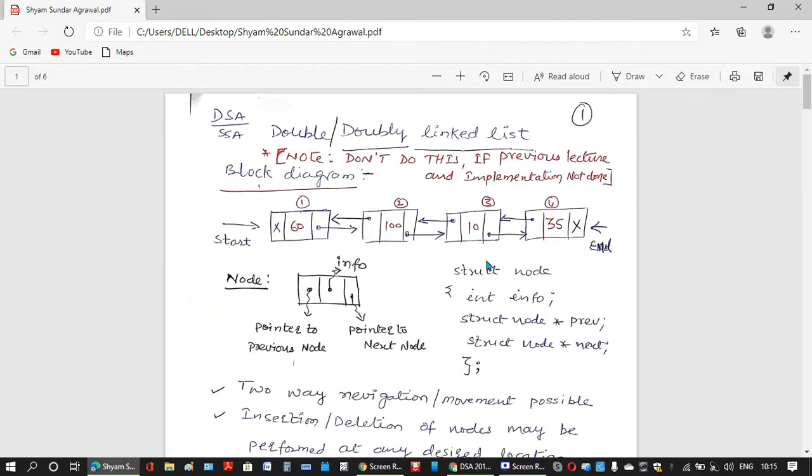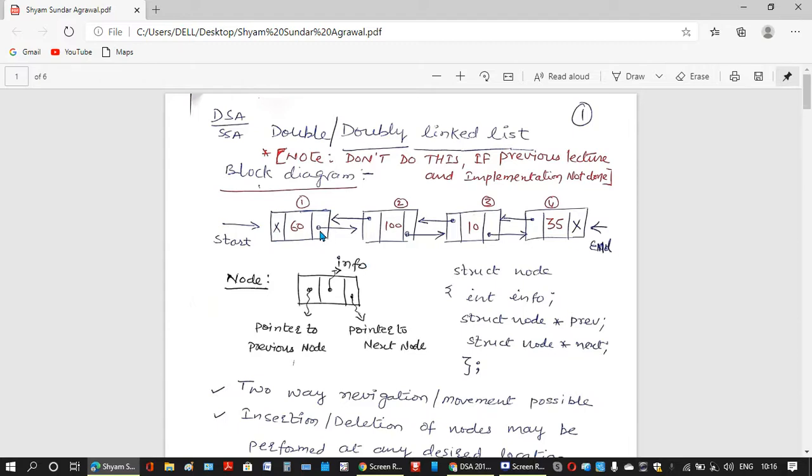Now you see here how the nodes are linked together. Here is an additional pointer, start, which will hold the address of the first node of the doubly linked list. So this is the first node and its address is held in start, which is a pointer. Now see, the previous node of 60 is nothing. There is nothing before this, so we are putting null here.